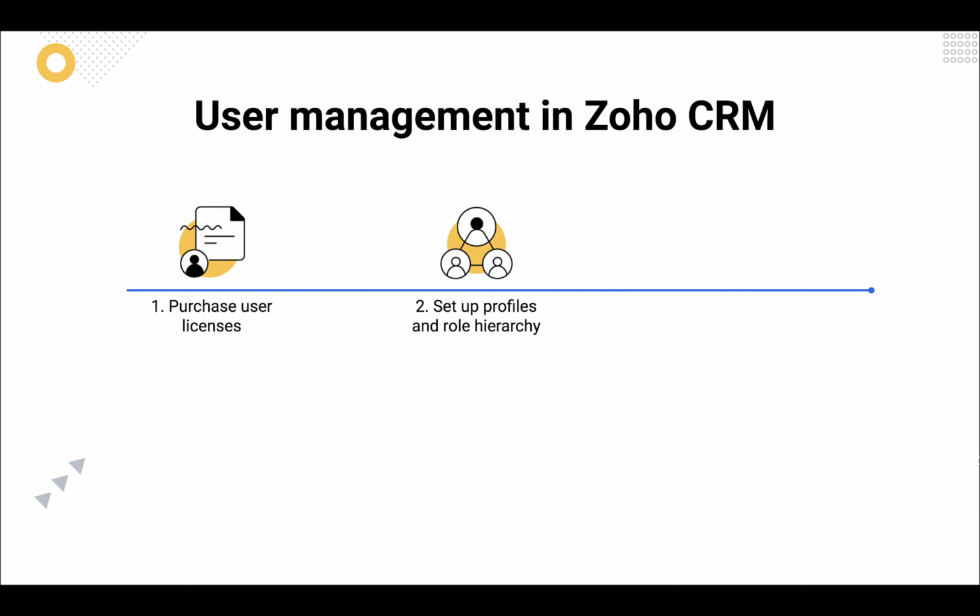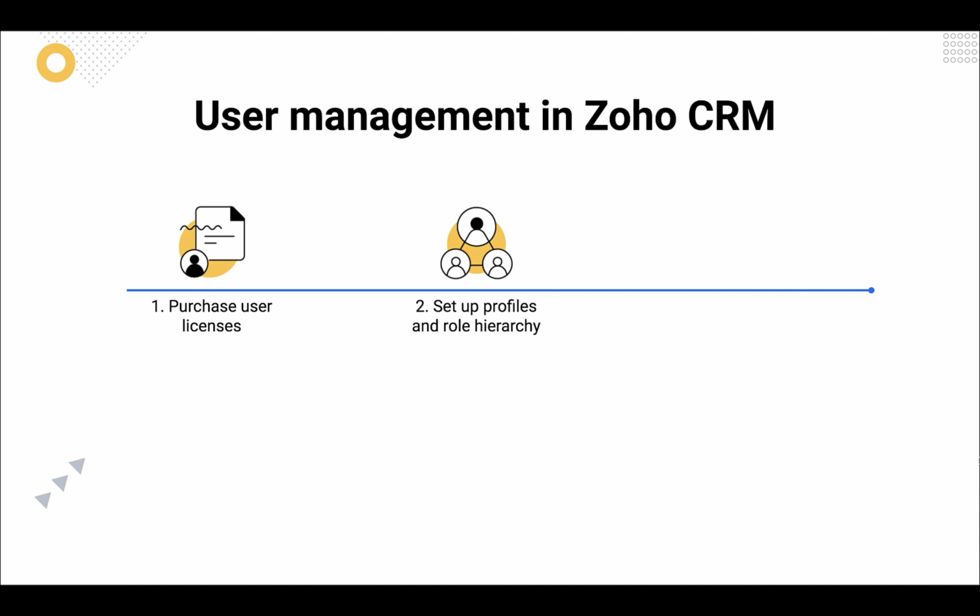Whereas role hierarchy is nothing but your default organizational structure. Say, for example, in your organization, you have a very simple linear hierarchy that starts from the vice president and then the sales managers, then the sales reps, and finally the sales trainees. It's a linear ladder. In such a case, this structure has to be mapped to Zoho CRM so that CRM also understands your hierarchy in order to determine the default data sharing flow. So according to your structure, your default data sharing is also set in Zoho CRM.